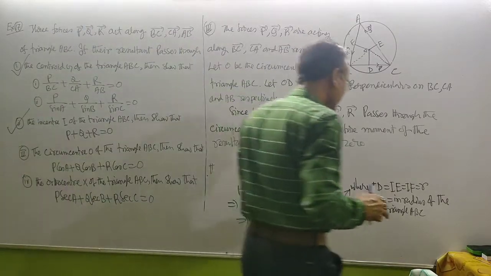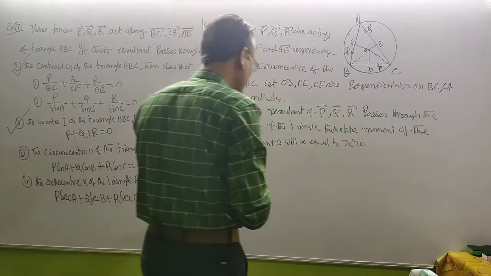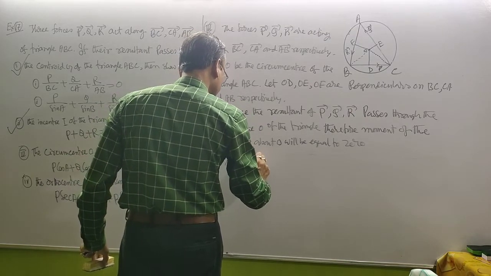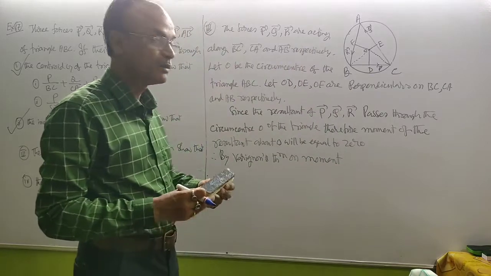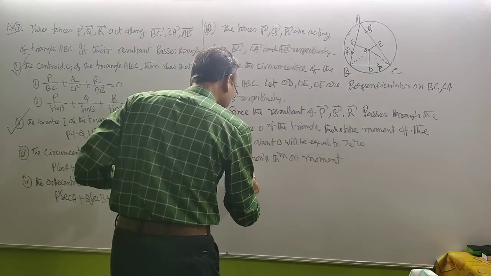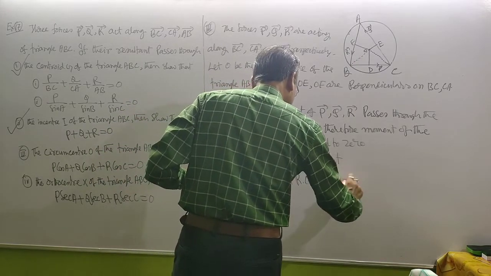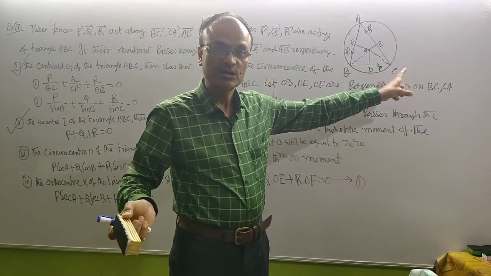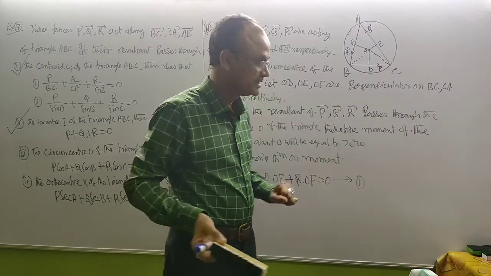Therefore, by Varignon's theorem on moments, the algebraic sum of the moments of P, Q, R about O should be equal to 0. P into OD plus Q into OE plus R into OF equal to 0. Suppose this is number 1. The algebraic sum of the moments of the forces about the point O is equal to the moment of the resultant about the point O. Since that is 0, therefore